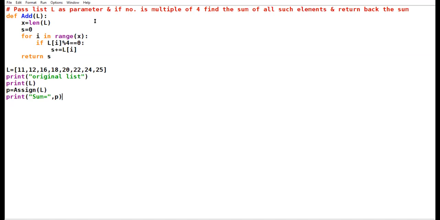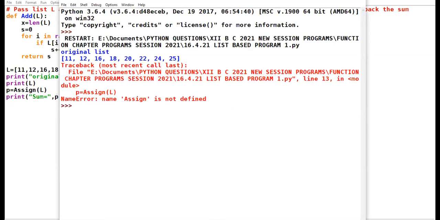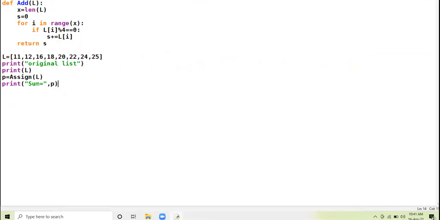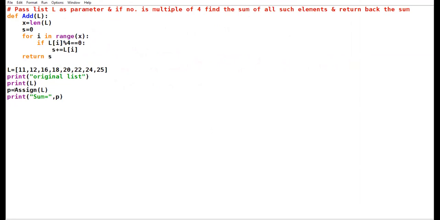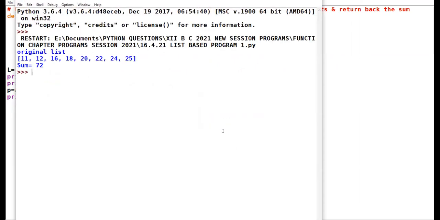All right. Let us run this program. The function name we have to change here. We have to take the same function name add. See that this is the original list and this is the sum.